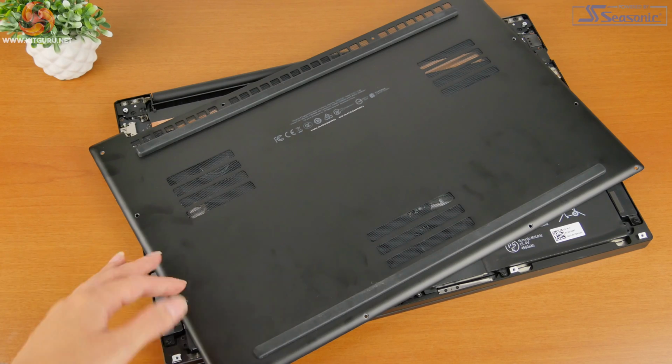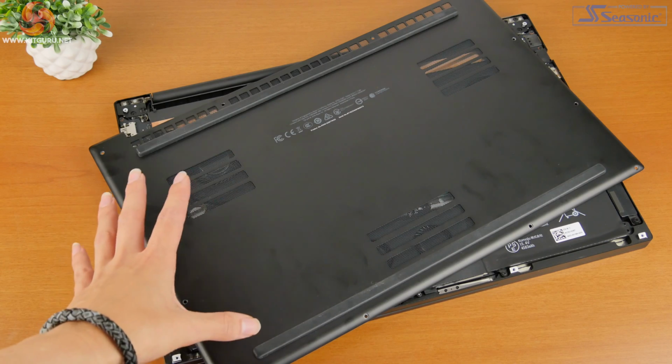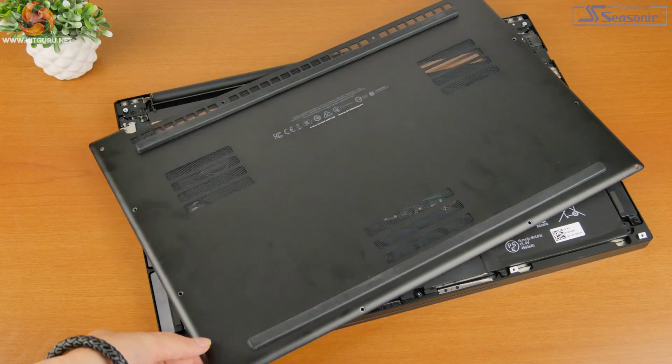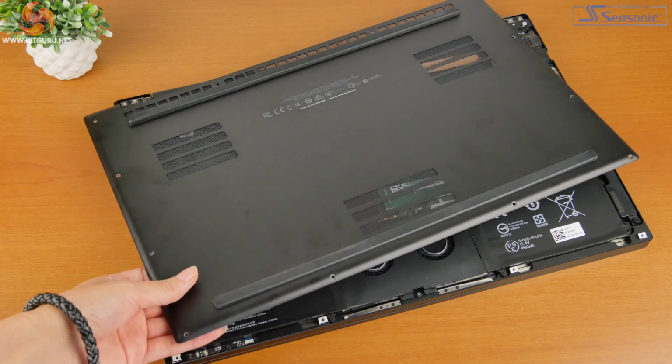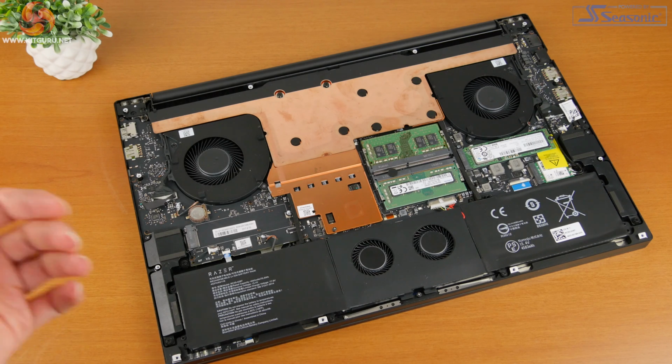We've taken a good look at the exterior of the Razer Blade, so I also want to show you what's going on inside of the laptop as well. It is actually a very easy laptop to get into. This lid here is attached on with 12 Torx screws, and then it simply lifts off very, very easily. So that's going to be great if you're looking at upgrading the laptop. It also has a few other features as well that make it easy to upgrade,